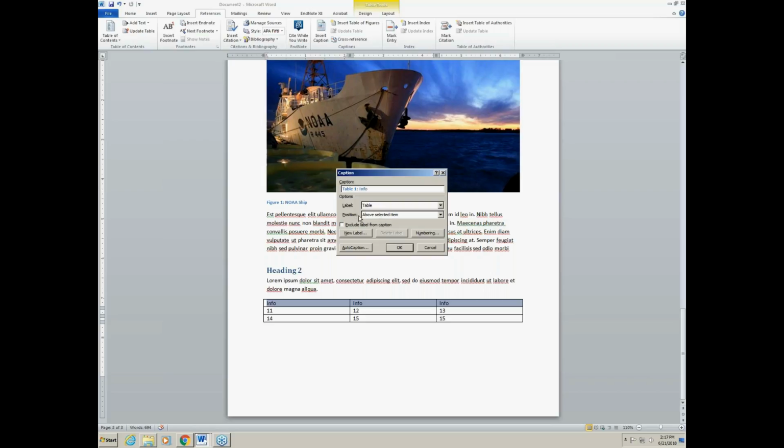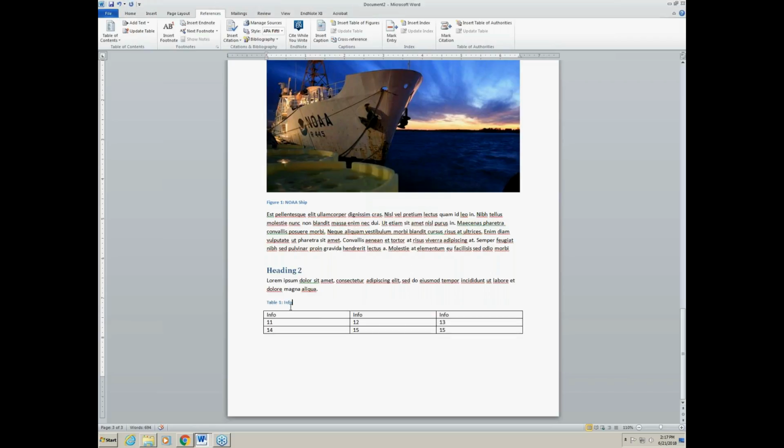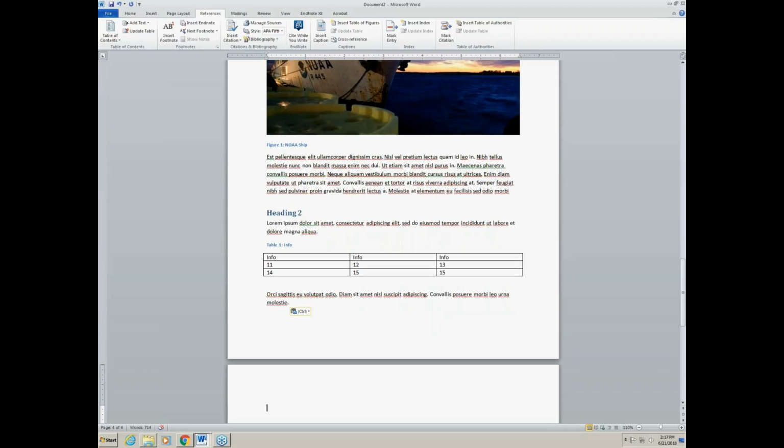I have it set under my settings for putting the position of captions for tables above the item. So that's where it's going to put this, and in goes my caption. So now I have my table captions above, my figure captions below, just for consistency throughout the document. Now that I have my table in there, again, I will put in some text, and then we're going to move on